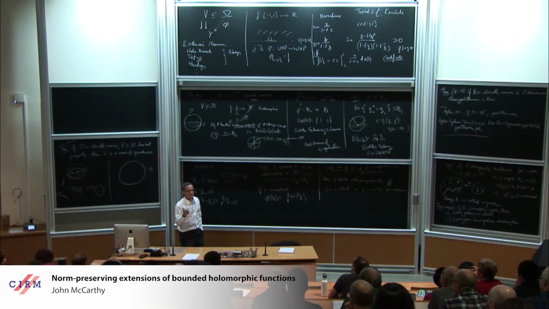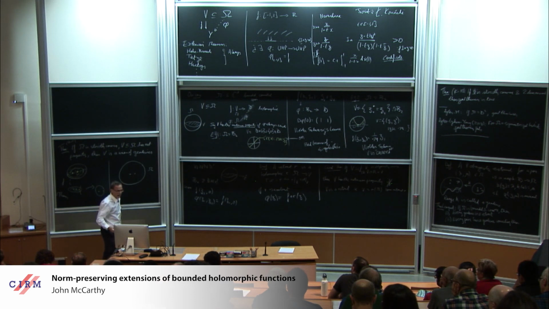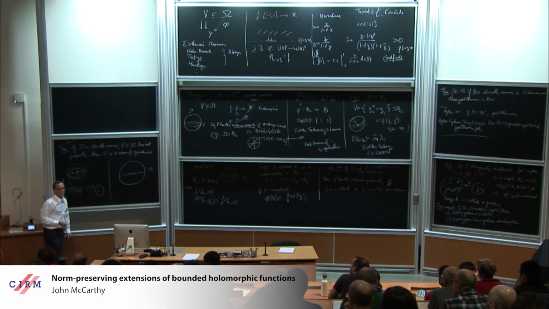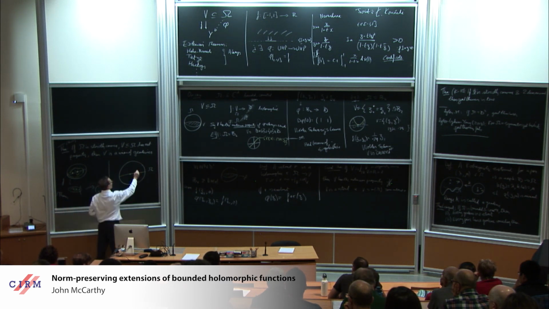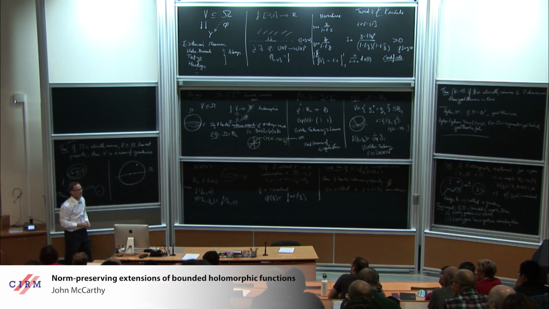There's nothing to do. If V has 2 points, then since it's totally geodesic, it has to contain the geodesic through them. By Lempert's theorem, this is a retract. So if this is all of V, again, we're done. If it's not, V contains this green line plus another point here. Now I use the second part of Lempert's theorem.